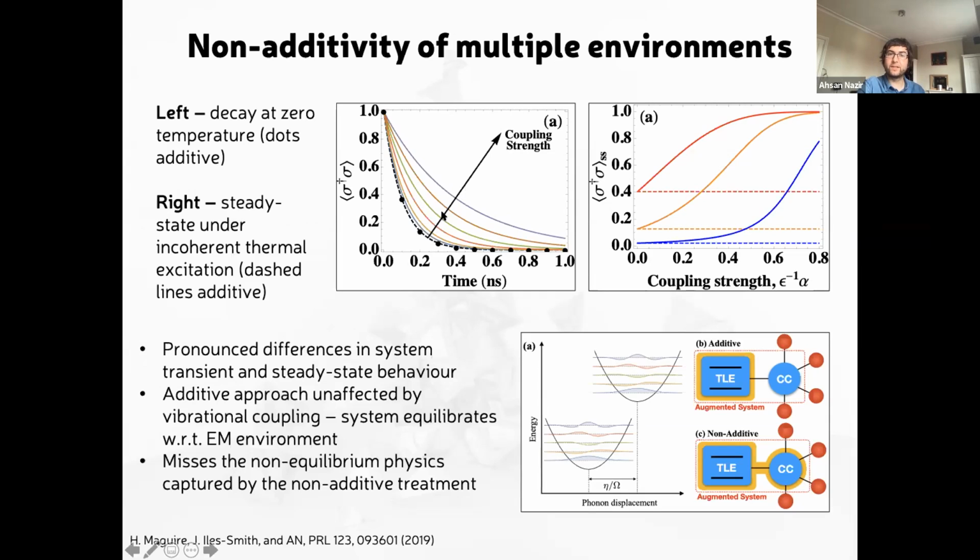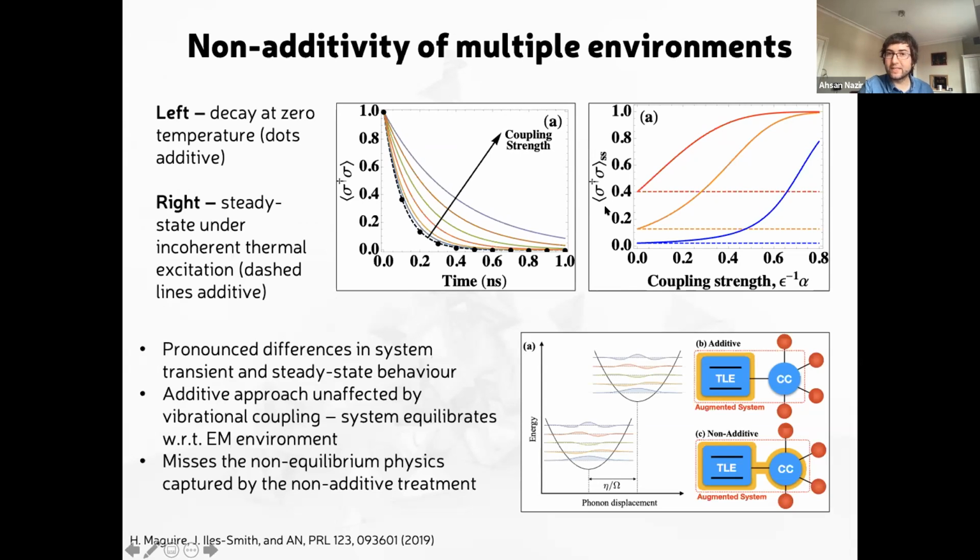And we can see, for the solid lines, which is the non-additive approach, as the coupling strength increases, the decay rate decreases due to suppression from the overlaps of the different manifolds. And that's because the displacement is getting larger and larger for larger and larger coupling strength. And so the overlaps are getting smaller and the rates are reducing as a result.